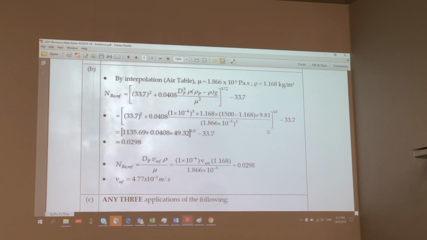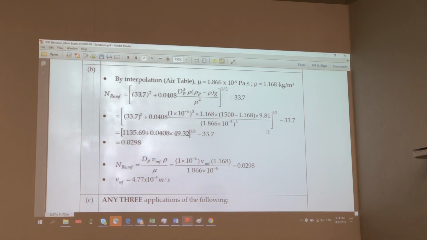Okay? Common sense, please take note. This term actually after square root should be very close to this. Should be 33.7, very close to this value. So that you can see here, the real number very small. Okay? Then this real number should equal to this real number. We let them equal to each other. Many of you, common mistake, listen, common mistake